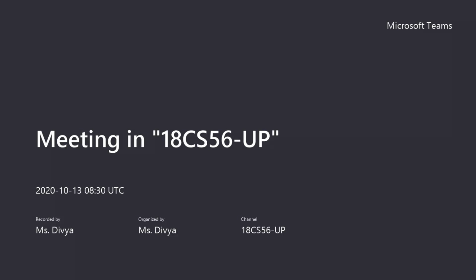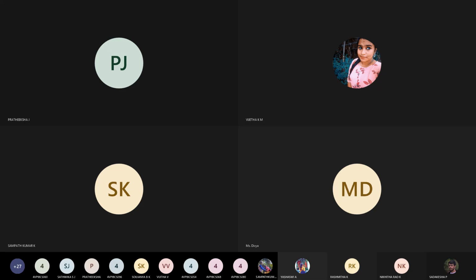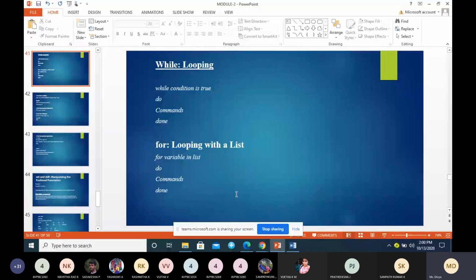We discussed how the expr command can be used for string handling. Okay, so the expr command can be used to find the length of the string, for extracting the substring, and to find the position of a character in the string. These are the main uses of the expr command in string handling. Then we discussed the while loop with some examples, and last we discussed the for loop.